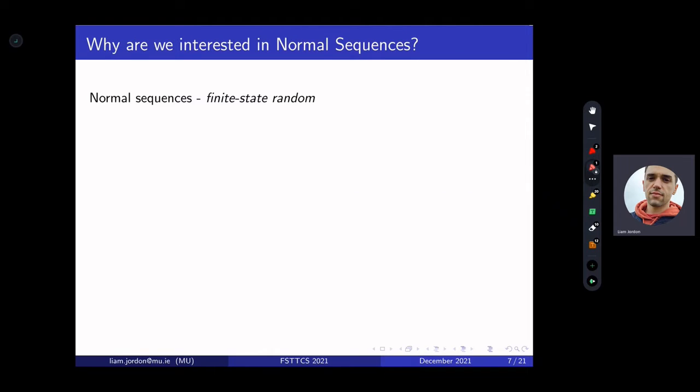So why are we interested in normal sequences? Well, in many finite state based complexity notions, normal sequences have maximal complexity. And so in a sense, normal sequences are the quote unquote finite state random sequences. So for example,